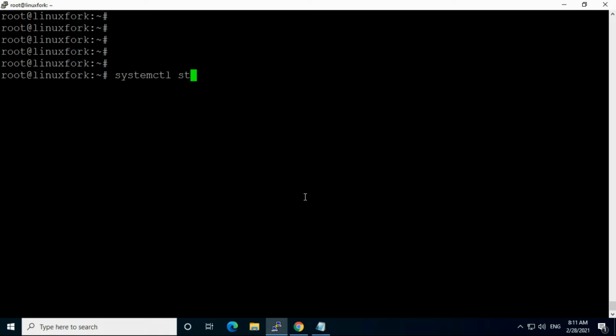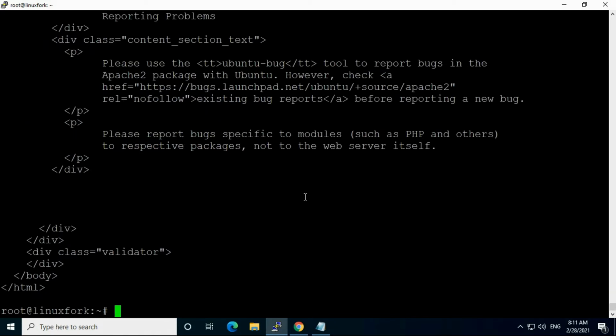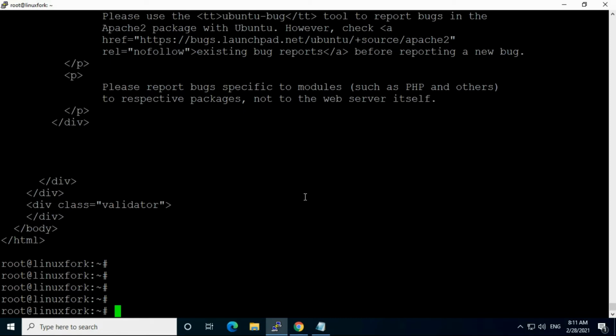systemctl status apache2. Okay, so Apache 2 is there. Just curl localhost. Okay, it's loading.